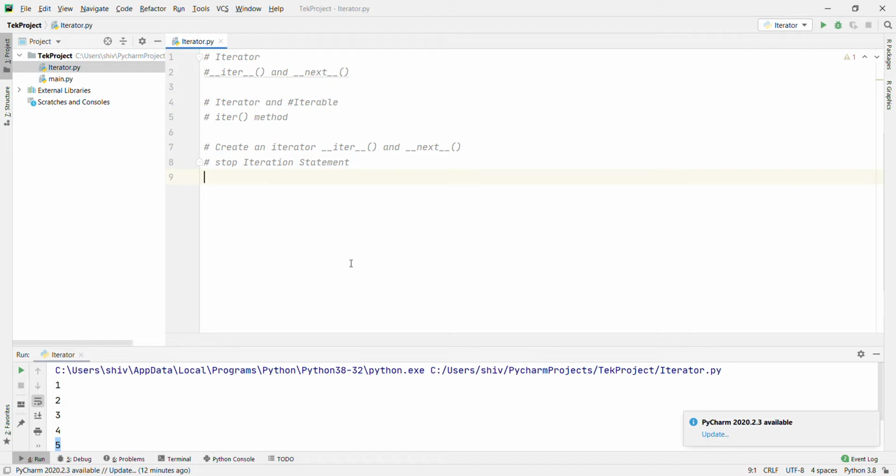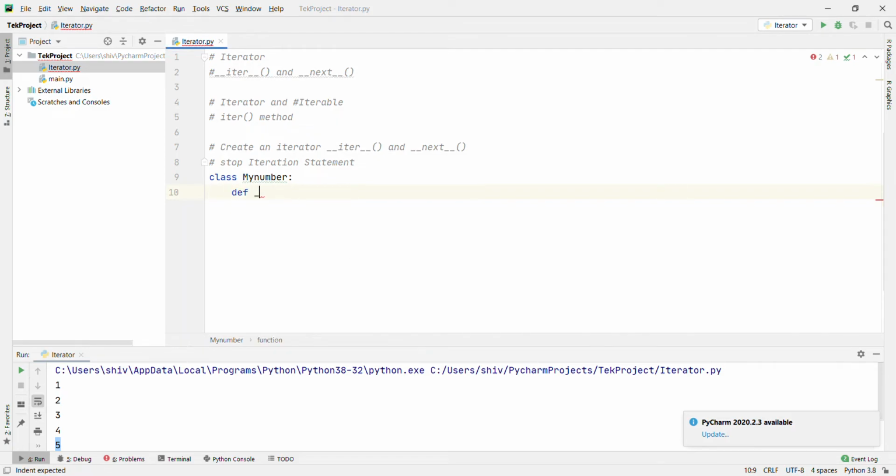I'm going to create a class MyNumber. Colon, define __iter__. Okay, self.a equal to 1, return self.